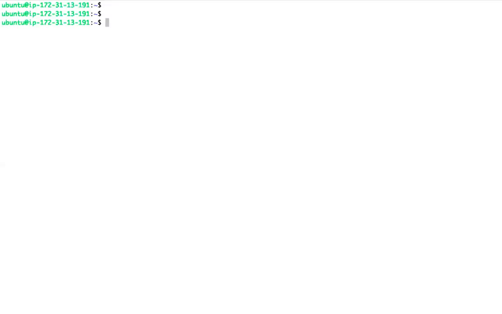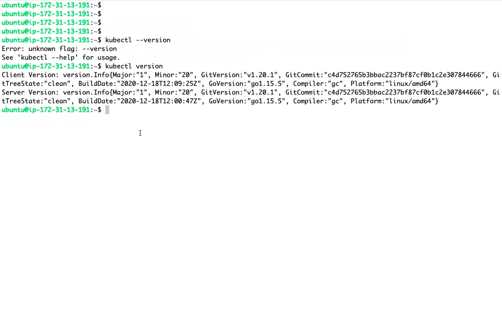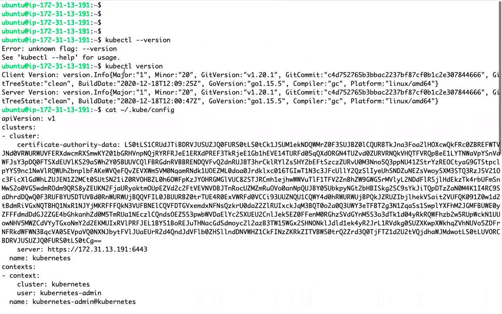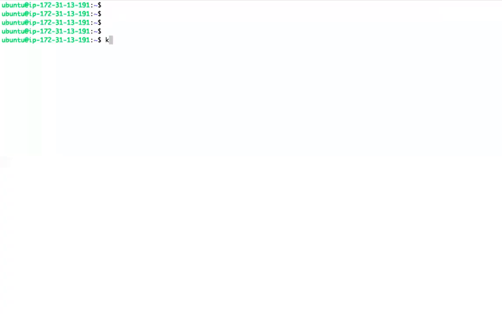I have kubectl configured in this machine, which is again a master machine. This kubectl is interacting with the Kubernetes cluster with the help of the kubeconfig file, as we already know. kubectl uses this config file by default to interact with the master machine, the API server.